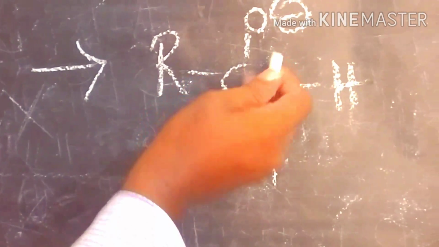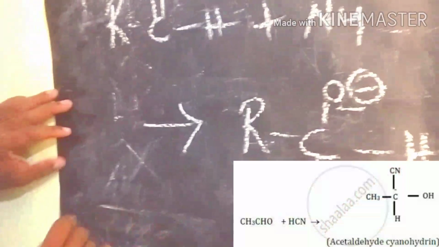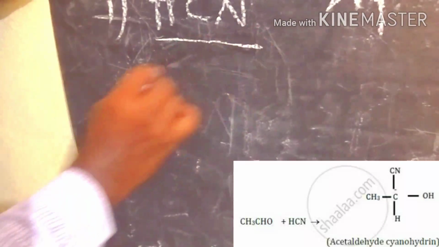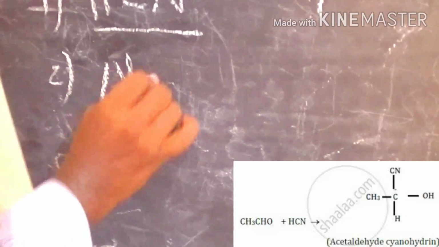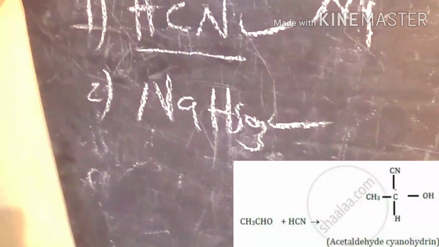Oxygen having a negative charge is a stable compound. It indicates the stability of the compound. That's why it easily undergoes nucleophilic addition reaction, which starts with the nucleophile. For example, simple examples of nucleophilic addition reactions: addition with hydrogen cyanide, and second, reaction with sodium bisulfite. Now we write the hydrogen cyanide addition reaction and the sodium bisulfite addition reactions.